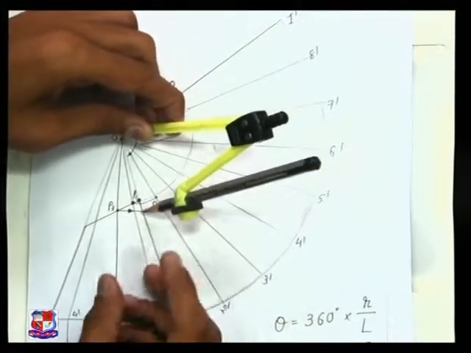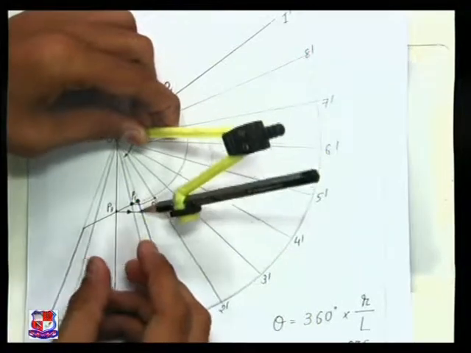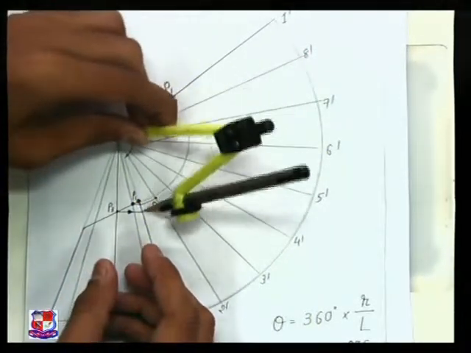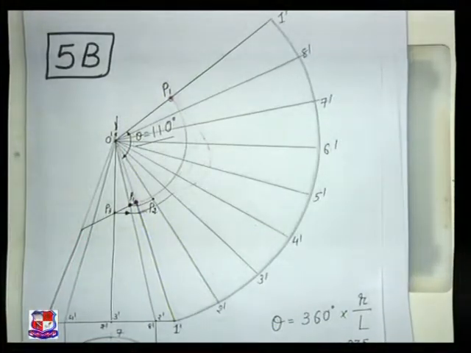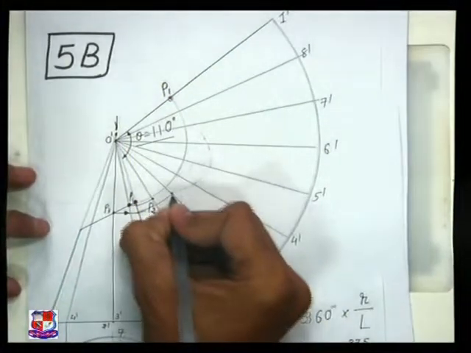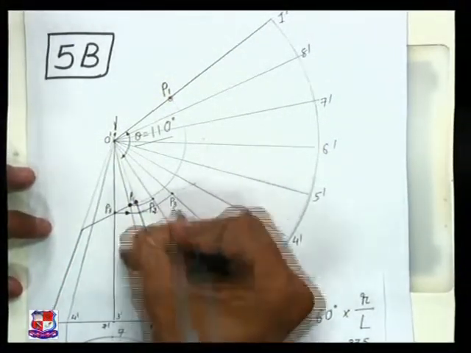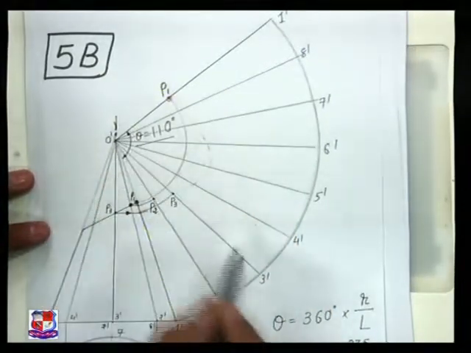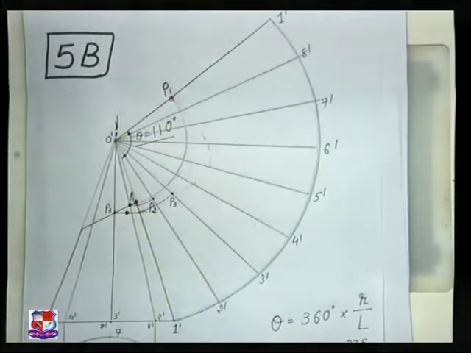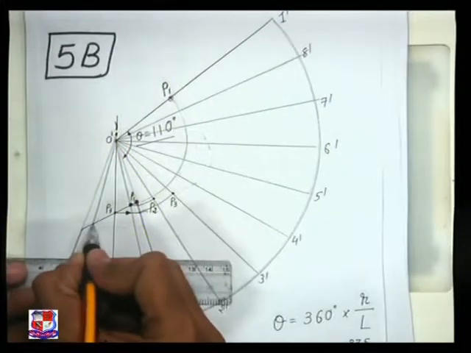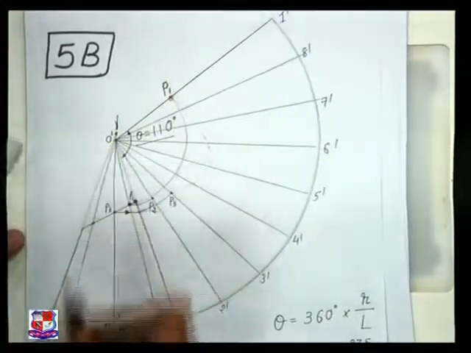So this would be the arc that will cut O3 at one point. This is the point. Name that point as point number P3. That will cut O dash 3 dash at one point, that is P3. Similarly for point P4, here is the point, that is on O dash 4 dash.